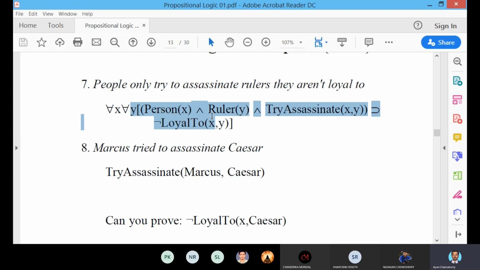So within the bracket, the total statement is: x tries to assassinate y, where x is a person and y is a ruler, implies that x is not loyal to y.